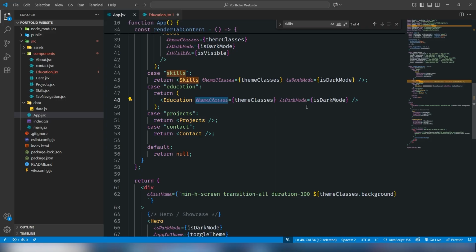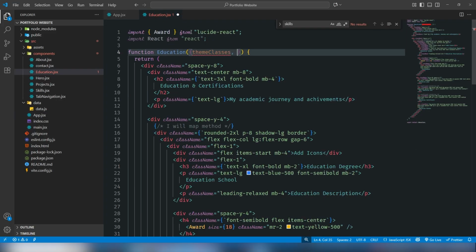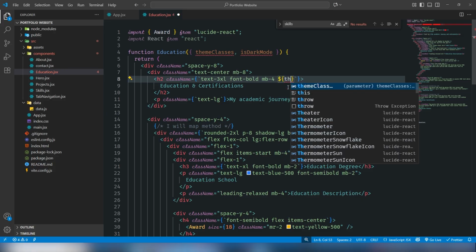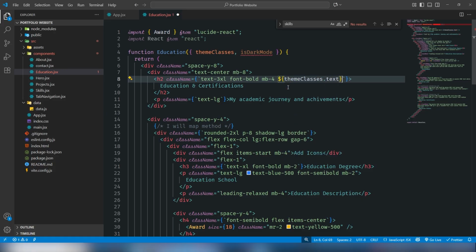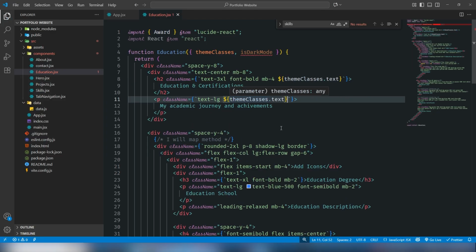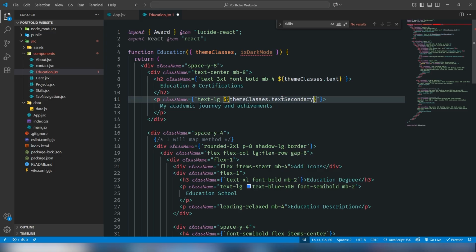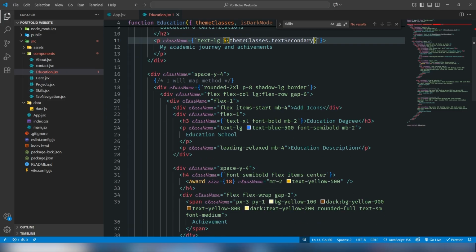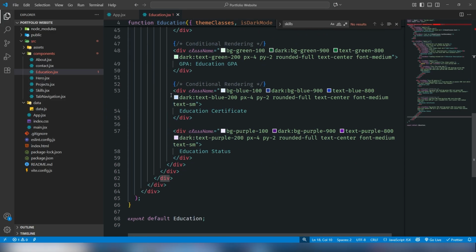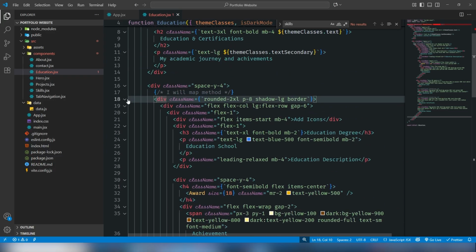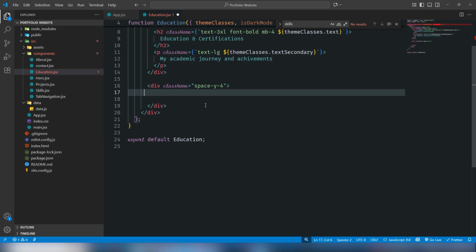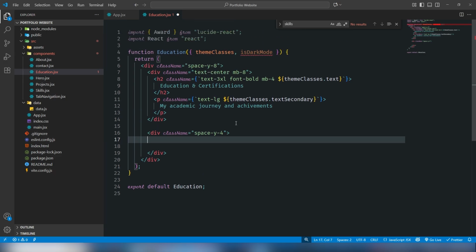The next is dark mode. Am I right? Okay. Yeah. So the first thing is, yes, theme classes dot text should be on there. I'm going to copy it because I need to save time, and I'm going to paste it there. But inside there I'm going to change the color, it should be text secondary. So let's move on, and I will use the map method inside there. So okay, just cut that, remove the map method comment, and you need to get